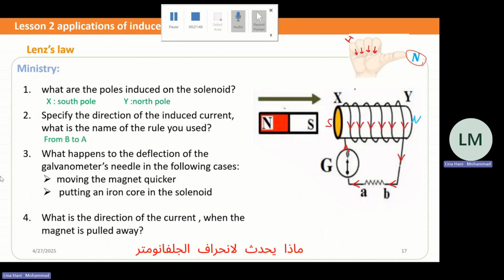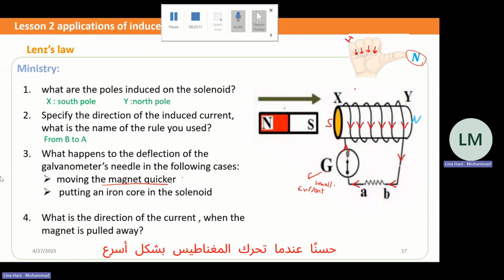What happens to the deflection of the galvanometer? Now, a galvanometer measures current, by the way. It's the same as the ammeter, but the difference between it and the ammeter is that it measures very small currents. What happens to the galvanometer needle's deflection in the following cases? Moving the magnet